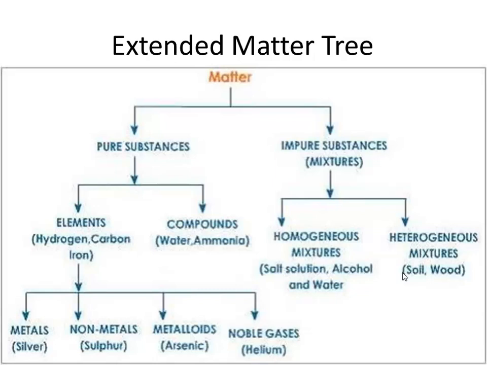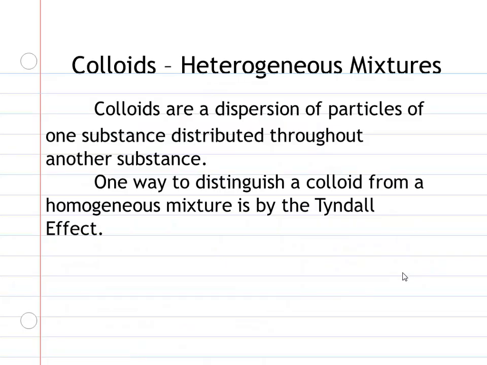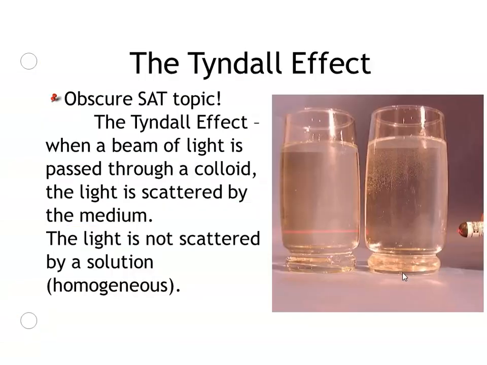If you have muddy water, you have your little tiny mud particles and your water particles. Colloids are a type of heterogeneous mixture like fog or muddy water. Same thing. The particles are really tiny, but there are different types of particles, even if you can't really see the individual particles. And an interesting thing, if you have a liquid or a gas that's a heterogeneous mixture,